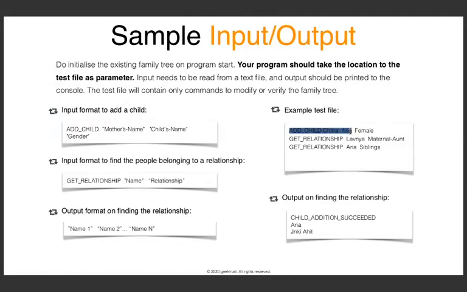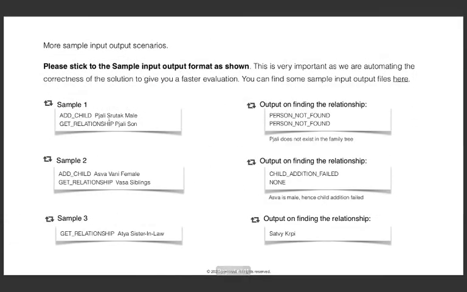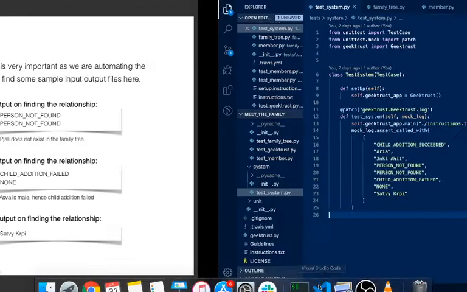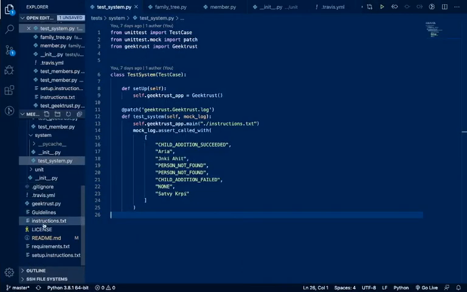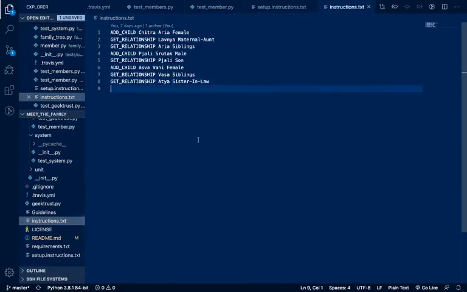Add child Chitra Arya female, get relationship Lavanya maternal aunt, get relationship Arya siblings, and then we have add child Pyali Srutak male, get relationship Pyali son, add child Asvavani female, get relationship Vasa siblings, get relationship Atya sister-in-law, right? So I've created a file called instructions.txt, and I've added all of those commands over here, right? So you can pause the video and copy these as well.